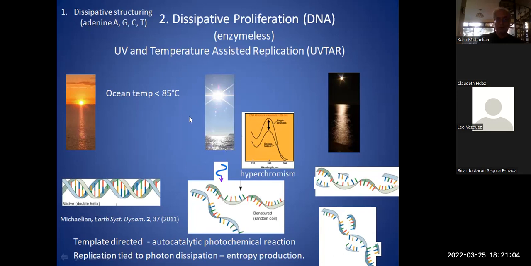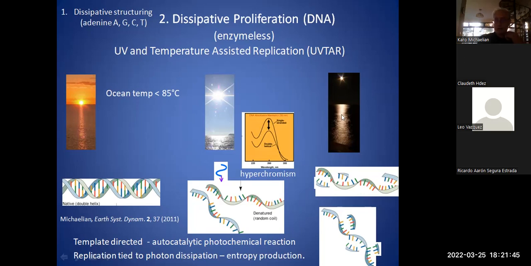So as the temperature of the ocean surface was decreasing, in the day it would warm up because of the infrared light from the sun, and also because of the absorption and dissipation of the ultraviolet light. And another factor is that when we denature DNA from double strand to single strand, it starts absorbing more. It absorbs about 30% more than in double strand. This effect is called hyperchromism. So we get more absorption, so there'll be less chance that these two go back together again to form double strand. And so they would start to separate on the ocean surface.